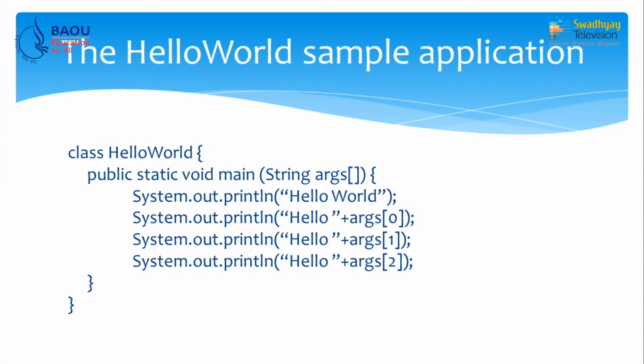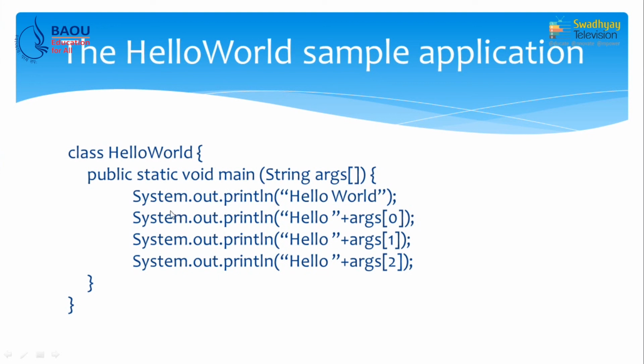So, if the method name is readLine, then the first letter of read is small and the first letter of Line is capital. This convention we use inside our program. Our class name is HelloWorld. Inside HelloWorld we write the main method, which is public static void main. What is the meaning of public, static and void, we have discussed, and this args specifies the arguments to be fetched from the command line, and inside this we write